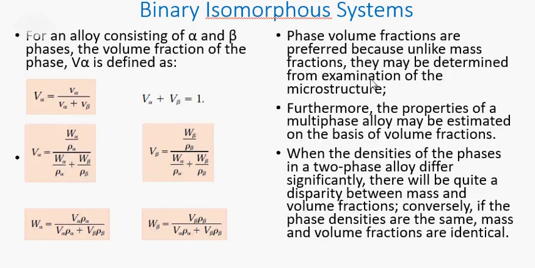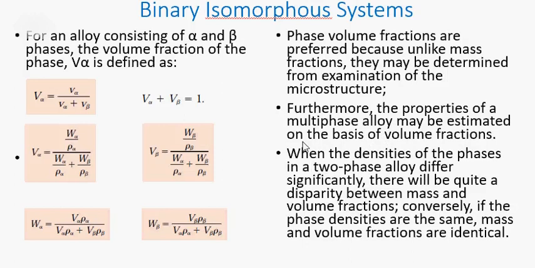Yes, this is true because the phase volume fractions are linearly proportional to composition, unlike the weight or mass fractions, which are not linearly proportional. And that is why it makes it easier for the composition in volume fractions to be used to estimate the microstructure of the alloy